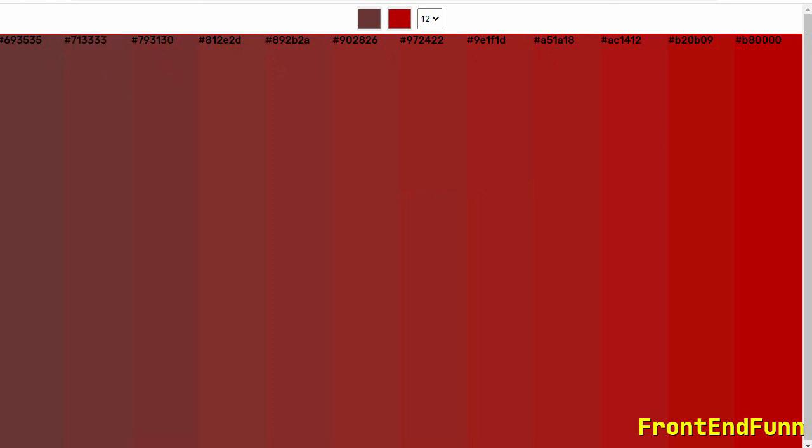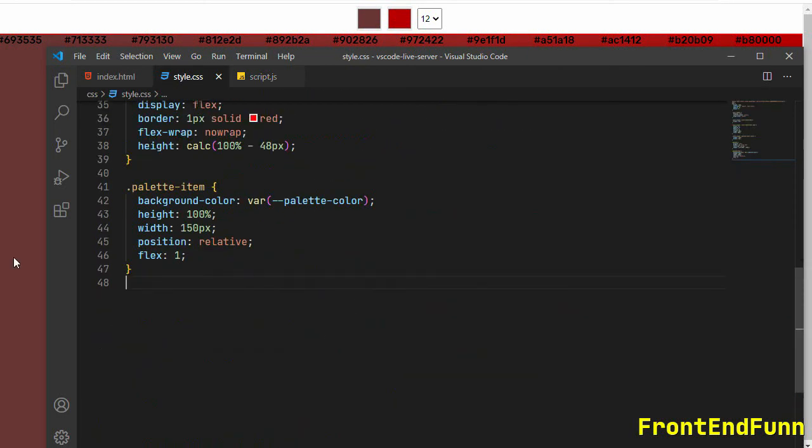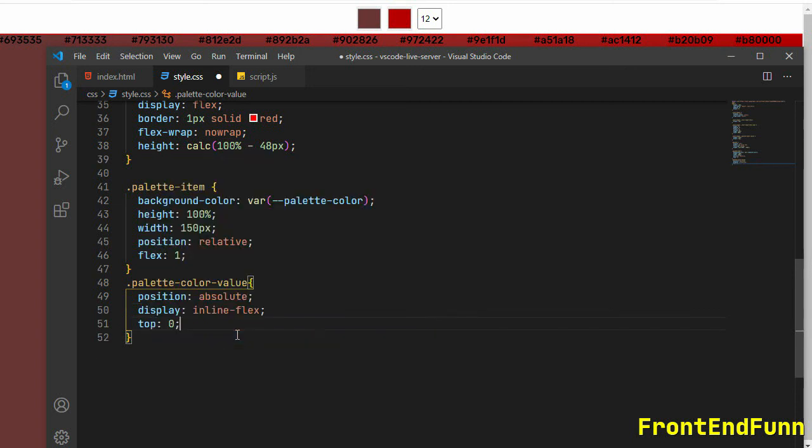So let's style this using CSS again. So finally what we can do is we'll select the palette color value. This is a class we have given for the span element. I'm just setting the position to absolute and we'll display it as inline flex and top 0, bottom 0, left 0, right 0.